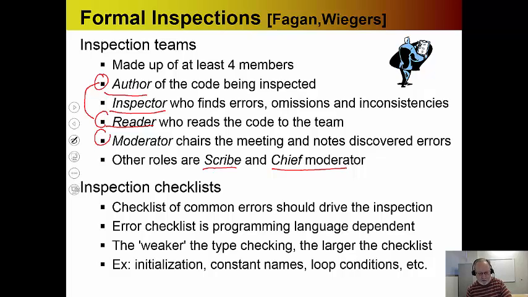In a formal inspection, in addition to the code, some of the things that would be brought into play would be different checklists, a checklist of common errors to drive the inspection. You should recall your PSP, your personal software process from SCR 215 and perhaps 216, where Humphreys told us, even from an individual perspective, that you should have a checklist of the different types of errors that are common for you to make. So if this is your code being reviewed, you should bring that checklist in and say,